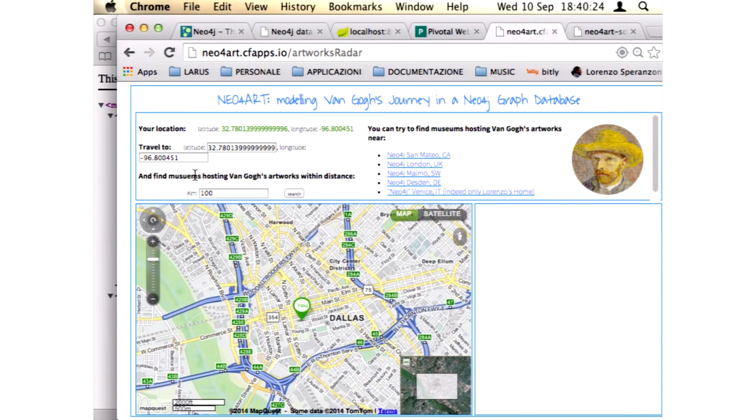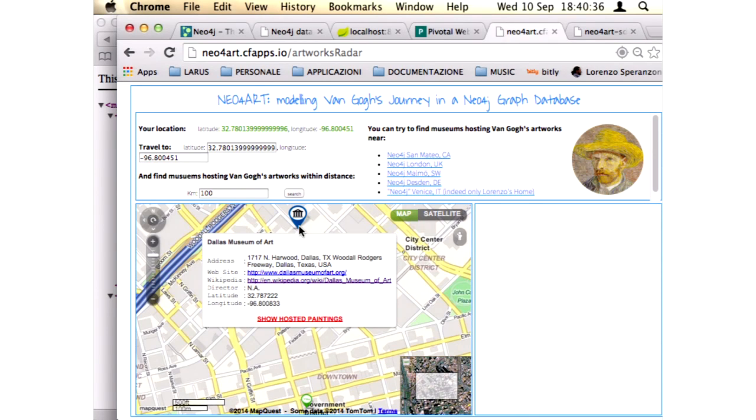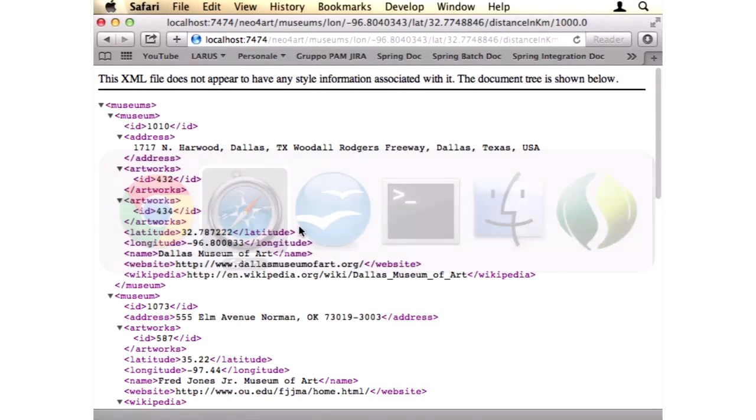Now we are querying a web application which is deployed in Cloud Foundry, and the database is hosted on GrapheneDB. More or less the same. And the way you integrate external services with Cloud Foundry is you use user-provided services in CF.